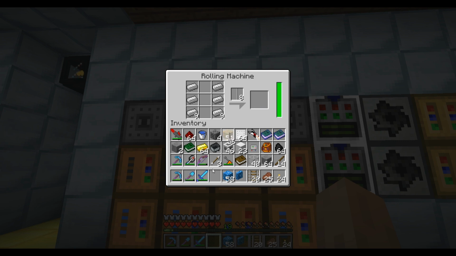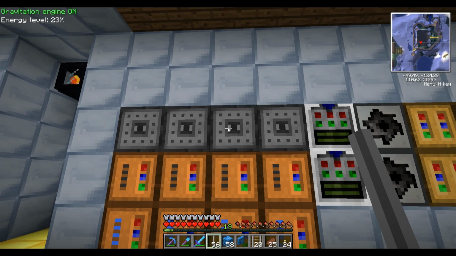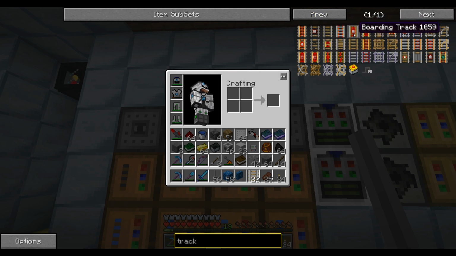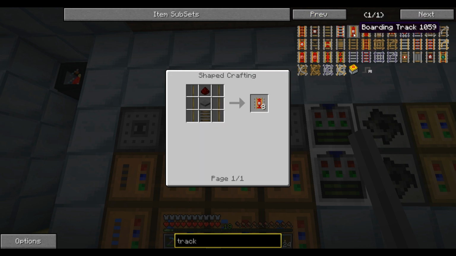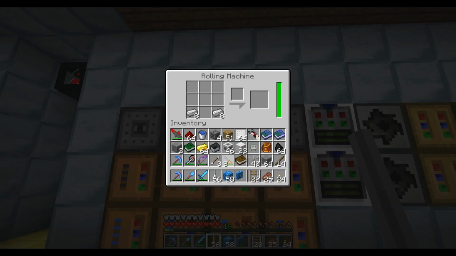Wonderful. Go ahead and make that last one for me. And then we will use that with the gold and the redstone to make some advanced tracks. Let's see, but we need this boarding track for sure. And we're going to need a few wooden railways. We actually really only need one of these things, but...